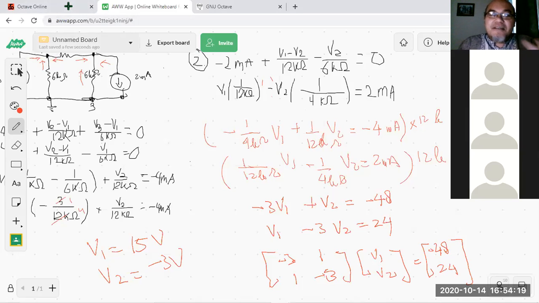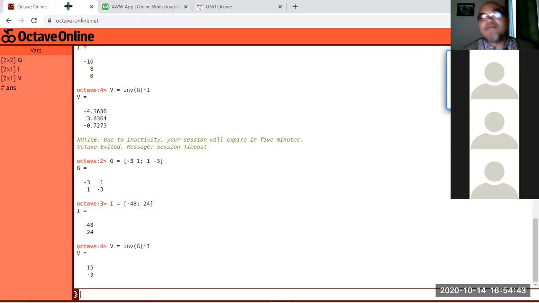This is still simple. Actually, I do not need to use a computer or Octave. I can just use elimination or substitution, because this is just two equations with two unknowns, and the coefficients are easy, not difficult numbers. But this is just to show you that we can also solve it using Octave, MATLAB or any other programming tools. With that, I would like to conclude this second hour.